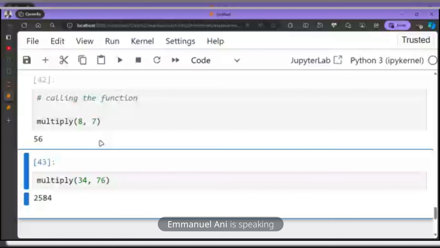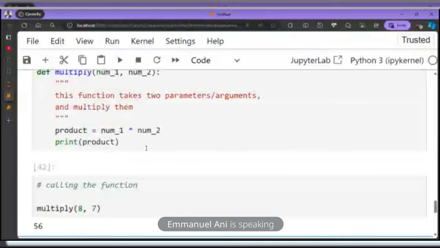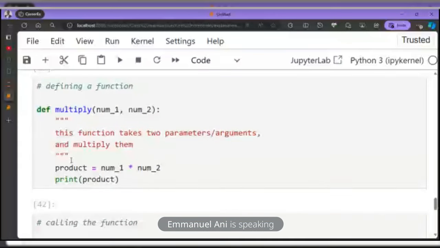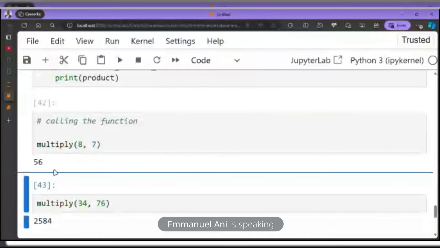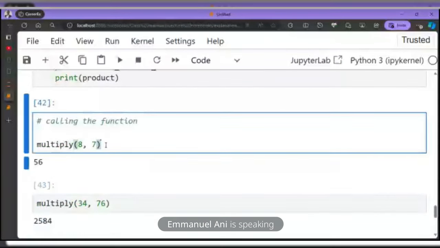As long as you've defined your function, you can now call it anywhere in your code. So instead of coming every time and performing the same operation, you can package it into a function. Do you understand? So that's basically what a function is. We're going to give other examples, but let's quickly look at